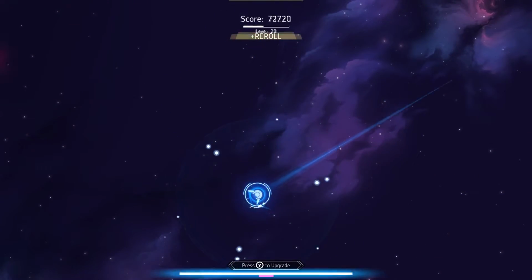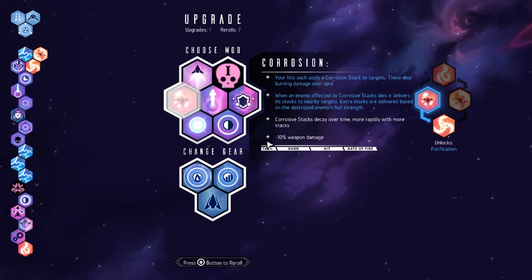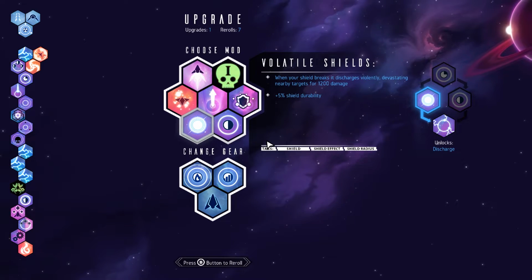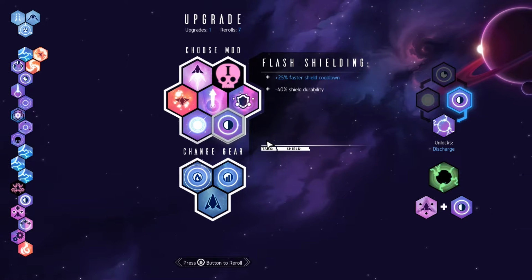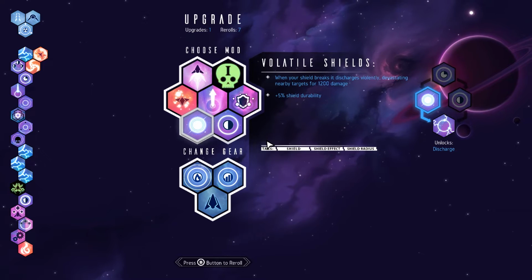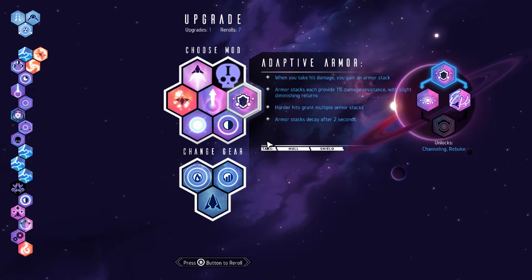What do we need to do to get Sanctuary? Well, we'll get volatile shields because we don't want our shields to break, but it'll give us shield durability. Oh, what's the one next to it? Oh, that's flash shielding, which brings us Tempest Shield, but we don't want flash shielding with an Omni Shield setup. That's bad. So volatile shields just for the 5% shield durability, or I can get adaptive armor because channeling makes our shield stronger as well. Yes, but getting discharge